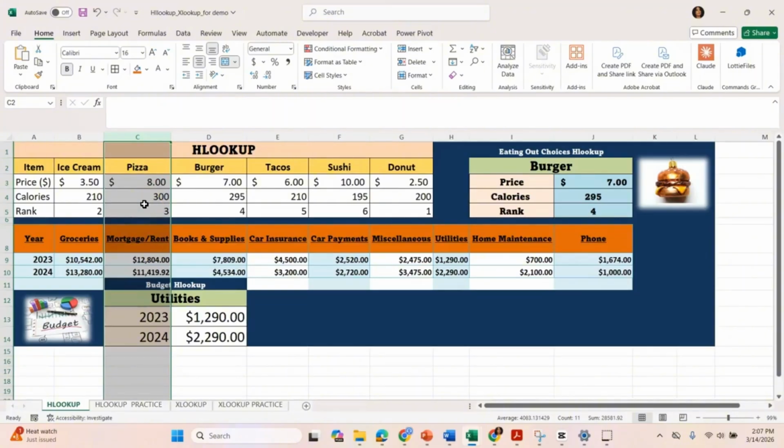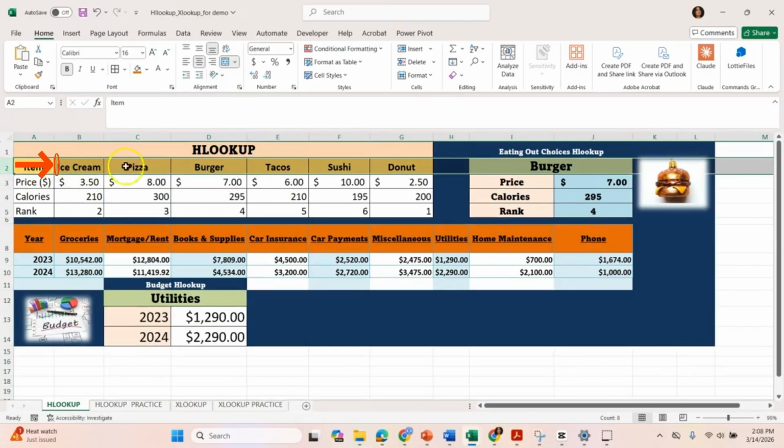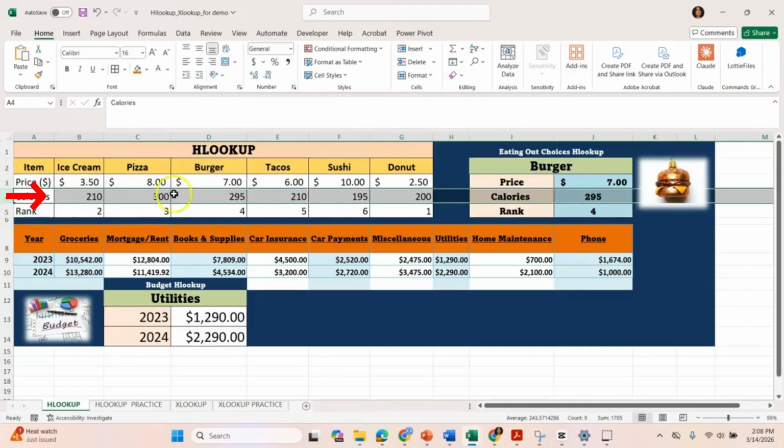On the other hand, the HLOOKUP function searches horizontally. It looks for a value in the first row of a table and returns a value from a row beneath it. This works best when the categories are arranged across the top row, which is exactly how the data in